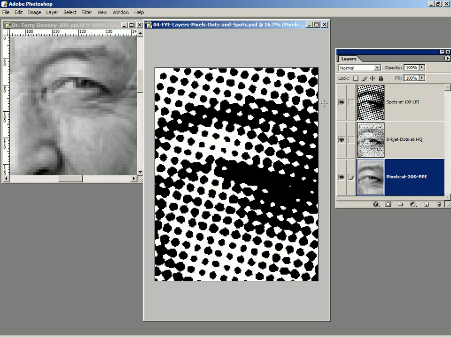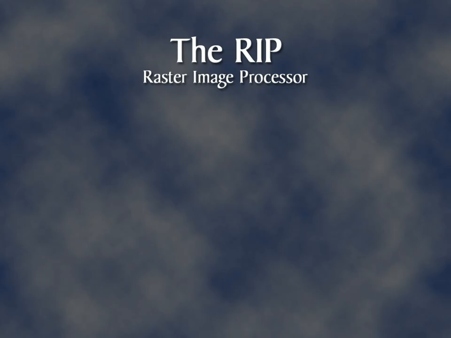The size of each spot is computed based on the tones of the pixels in the original image. For example, the light areas above and below Terry's eye generate smaller spots. Dark areas, like his pupil and eyebrow, result in much larger spots being computed. In commercial print work, these calculations are made by a raster image processor, or RIP, the brain behind the digital